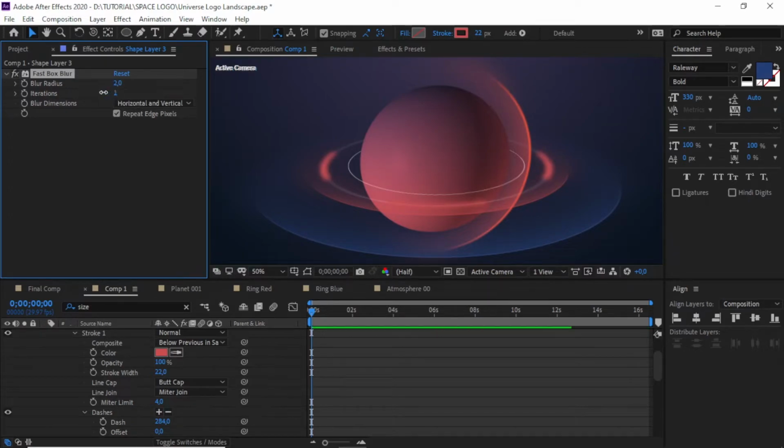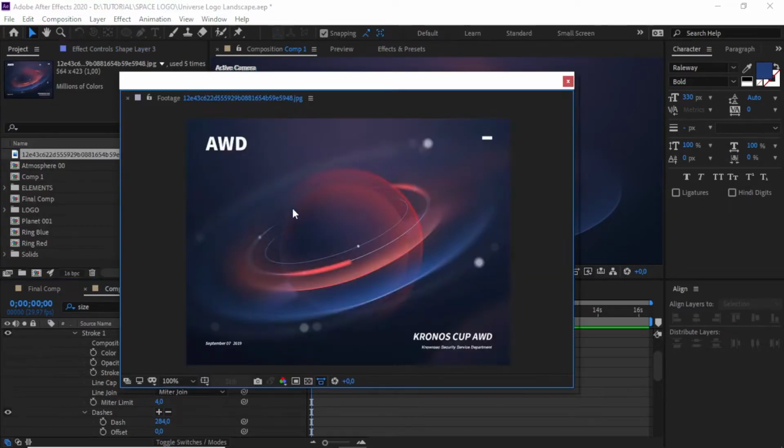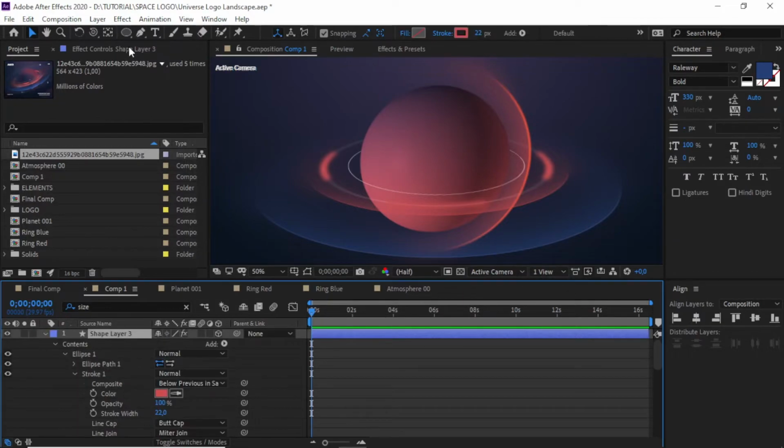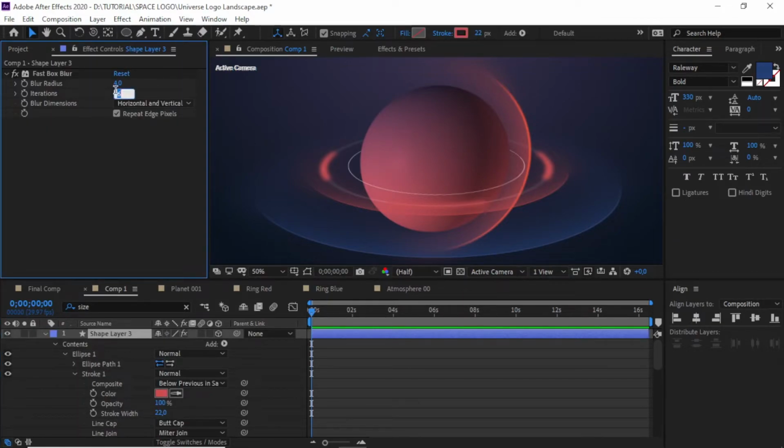We need to play with the blur iteration and radius. If you can see, this part almost has something like glowing, so we need to adjust maybe this one.